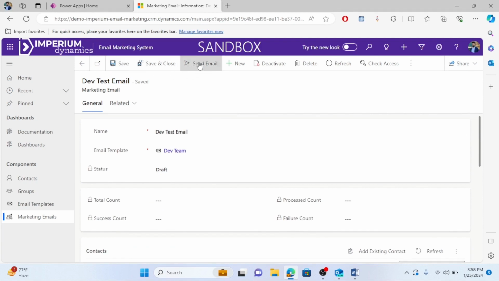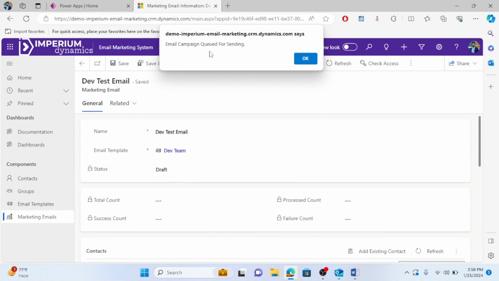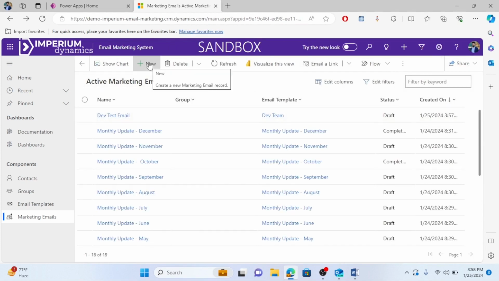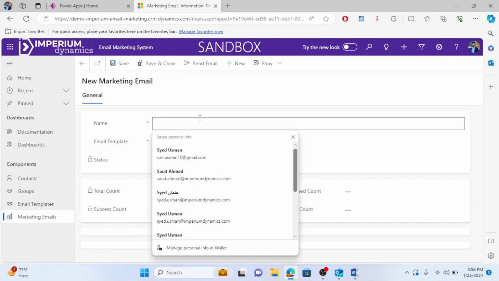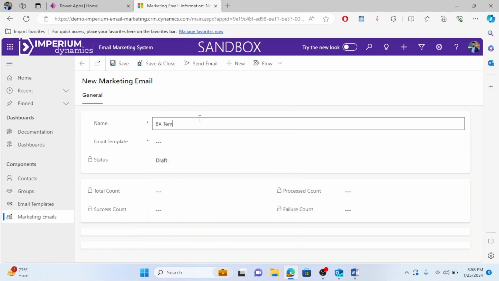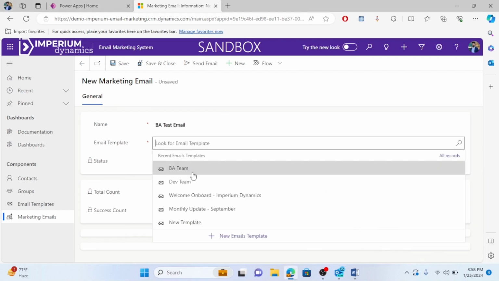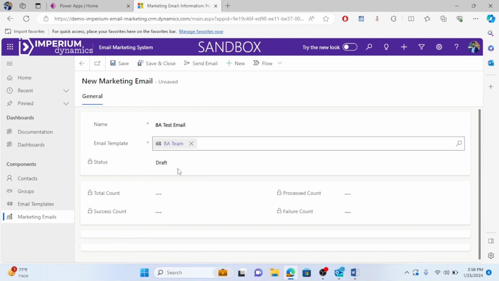Saving it, I can send it. So it's queued. Now I'll create another marketing email. For this, I'll write BA test email. I'll enter the BA team template over here, and then after saving it,